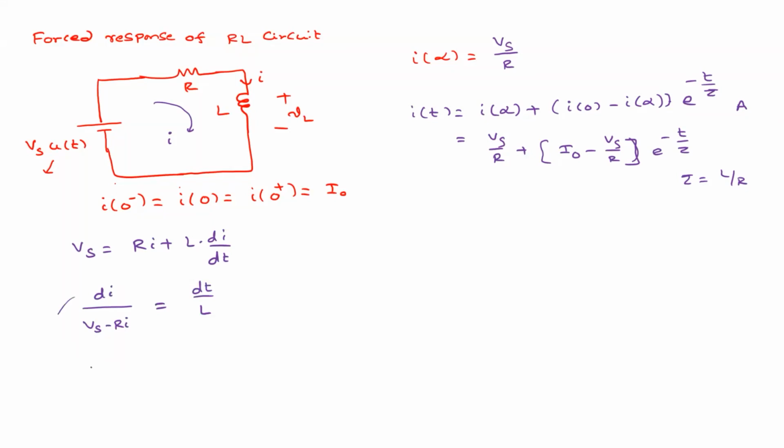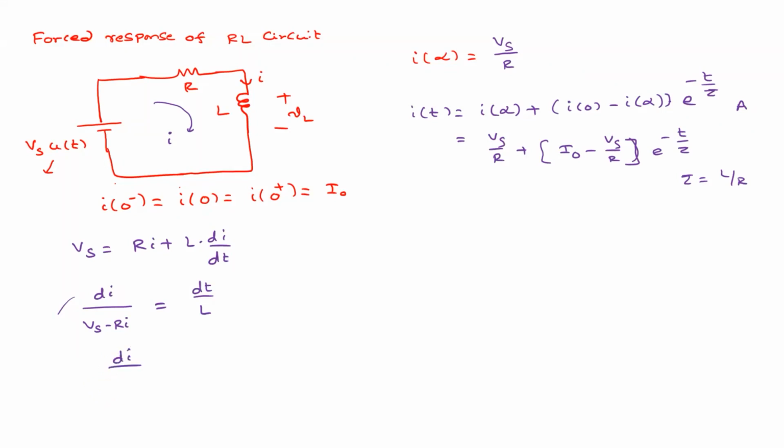Sir, if this is di, it should be something like I minus some format, right? It's supposed to be I minus some format. So this is how we followed, right? Okay, so now rearrange this one. It should be di by I minus something, some xyz, right? So if you rewrite this one, it will be like this: di,